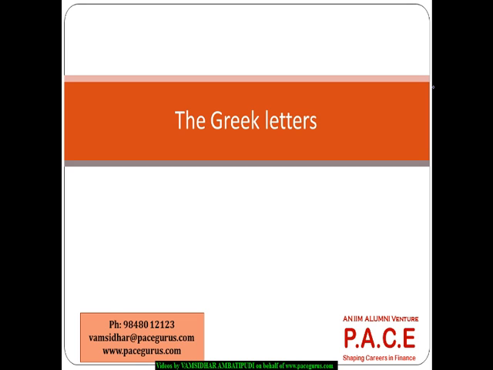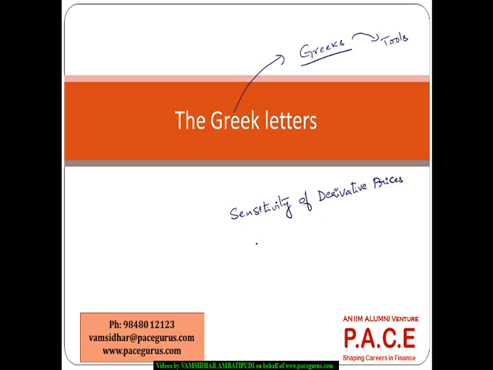In this session, let's try to understand the Greek letters, or Greeks in short, which are different kinds of mechanisms, different kinds of tools in assessing the sensitivity of the derivative price, right? Sensitivity of the derivative price when some of the elements of the underlying is changing. Probably when the underlying stock price changes,